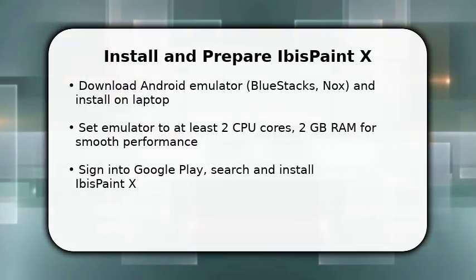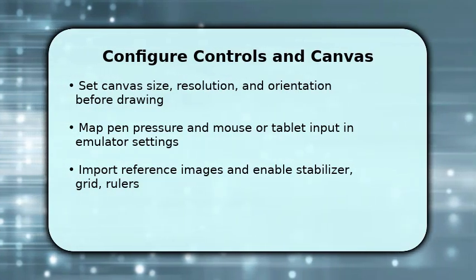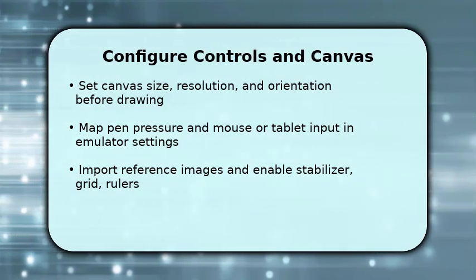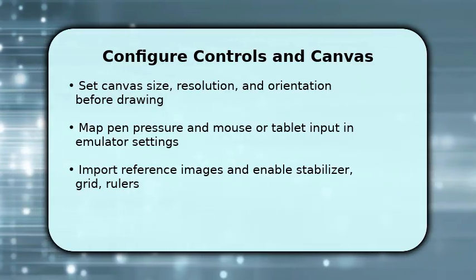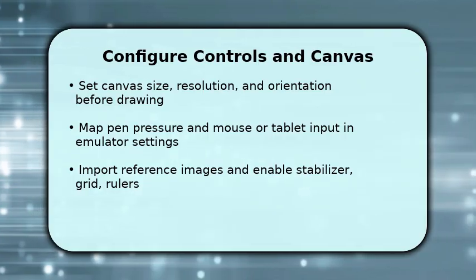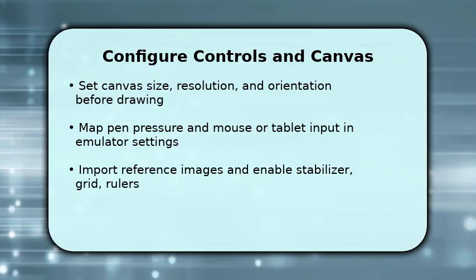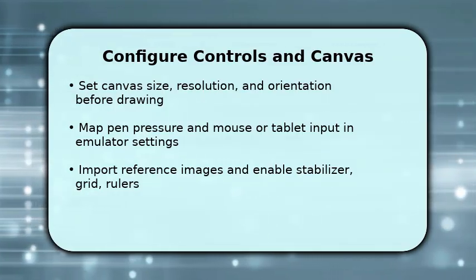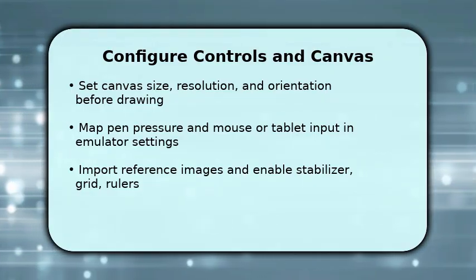Now you configure the canvas and controls to match your workflow. Create the canvas at the resolution you need and pick orientation and DPI. Higher DPI preserves detail. Next, map pen pressure by connecting your graphics tablet or adjust mouse shortcuts in the emulator so brushes respond naturally. Import any reference images into a separate layer and enable stabilizer and grid lines to make